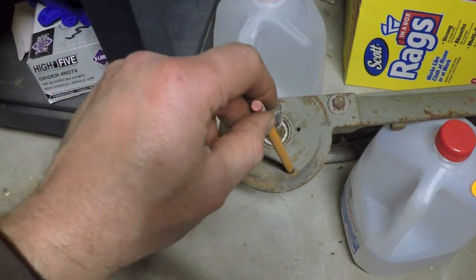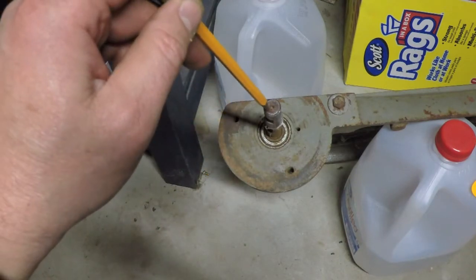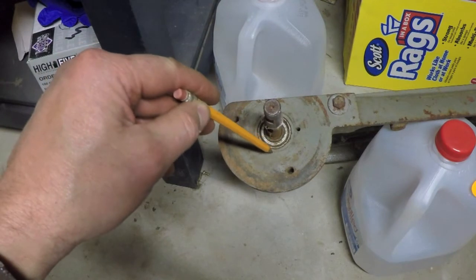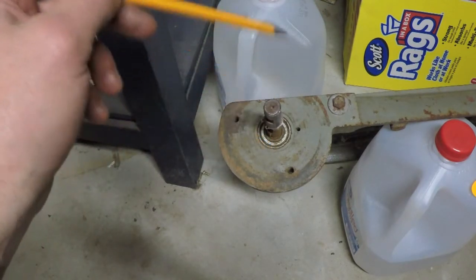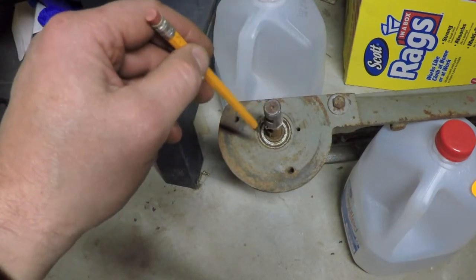So what I need to do is figure out how I'm going to do this. I need to know a couple of things that I don't know right now. First thing I need to know is the diameter of the hole for this shaft to come through. Now, at a minimum, obviously it's got to be the OD of the shaft, but I'm pretty sure